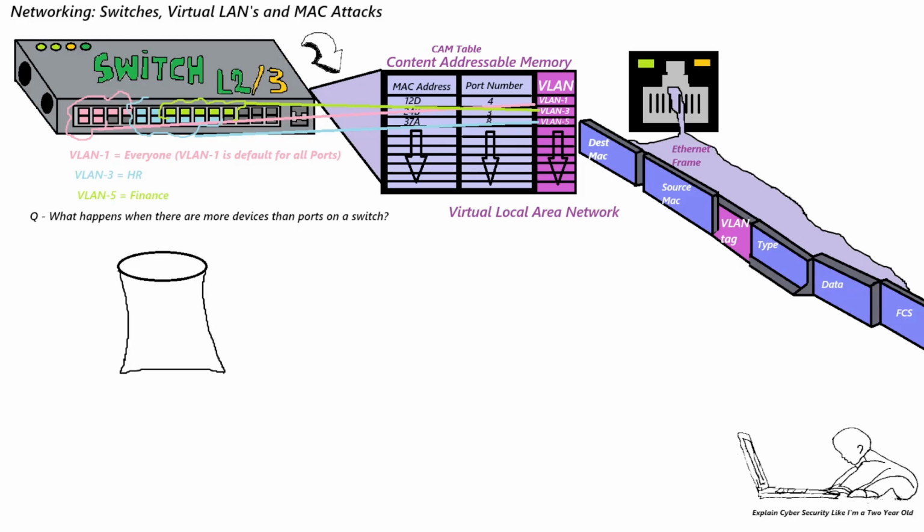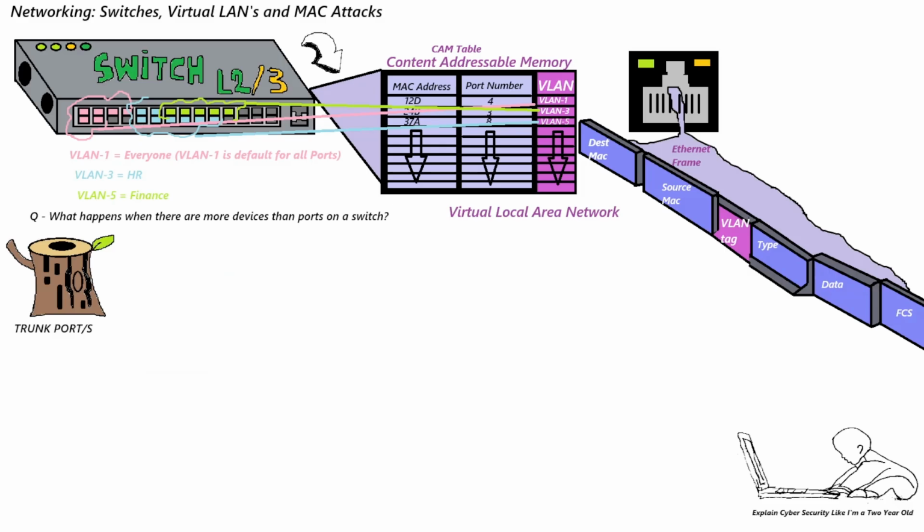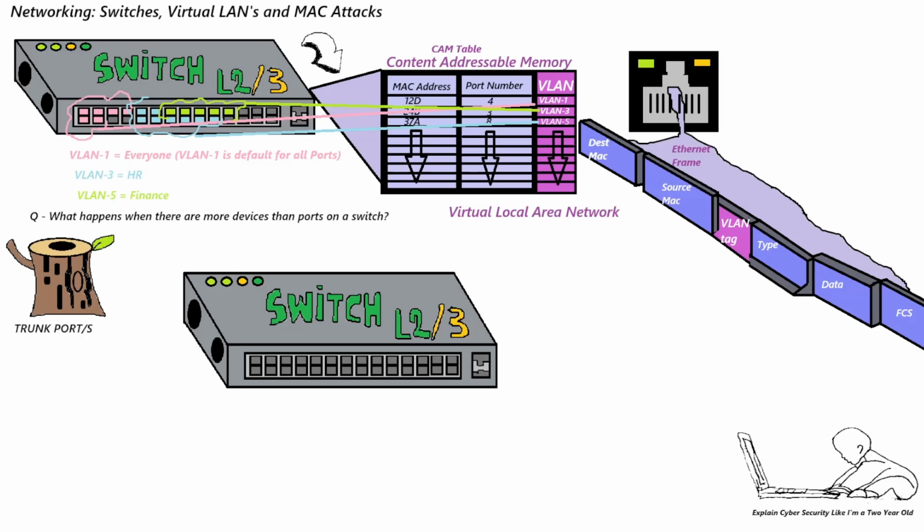Welcome back. The answer is known as trunking, or trunk ports. The trunk port allows a link to be created between one or more switches which can talk to each other directly, direct traffic between the hosts, and even stretch VLAN definitions across multiple physical switches.